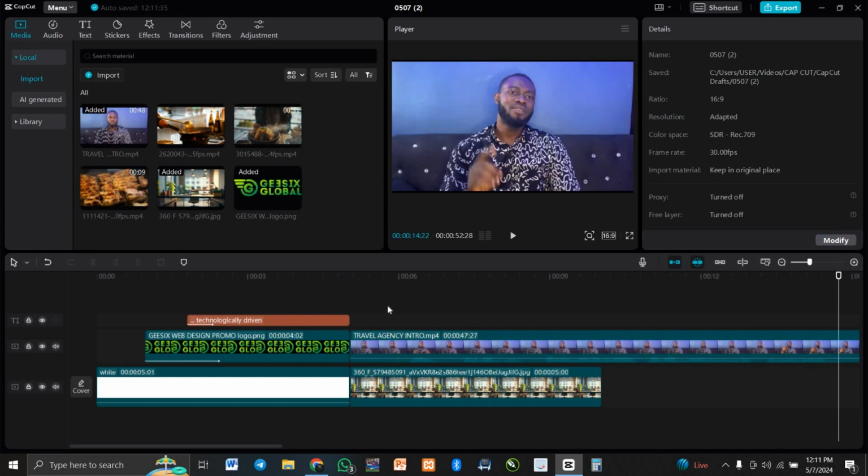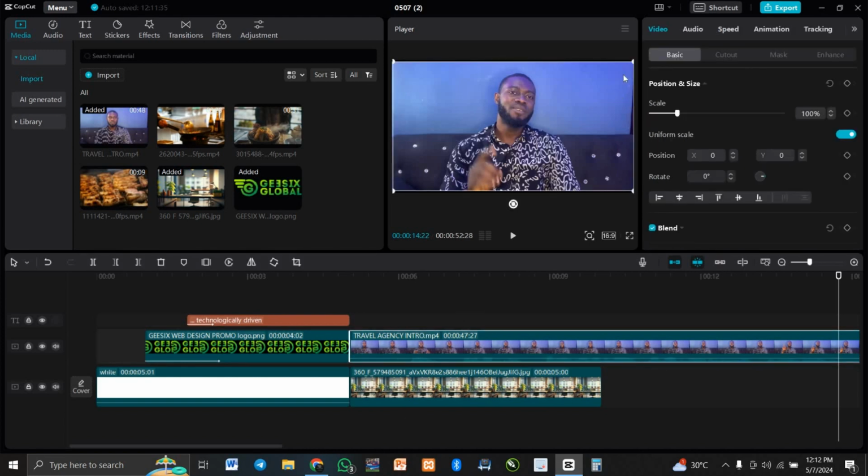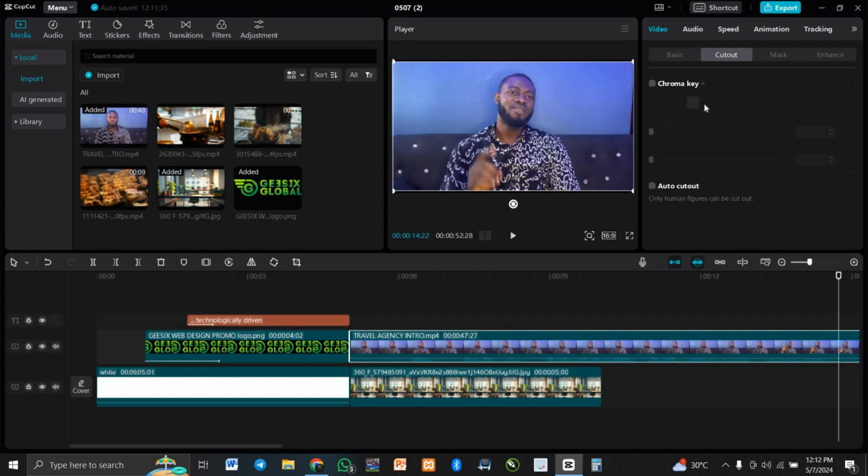All right, so this is how you import your video onto your overlay section or your B-roll section. So what I want to do is to remove the background from this particular video, so it takes this background of this office. So to do that, I'm just going to select this clip, then I'll go to video. Under video, I'll go to cutout. Right, so when I click on cutout, I'll go to auto cutout so that this trims out the video for me. So note that this only works for human images. It does not cut out